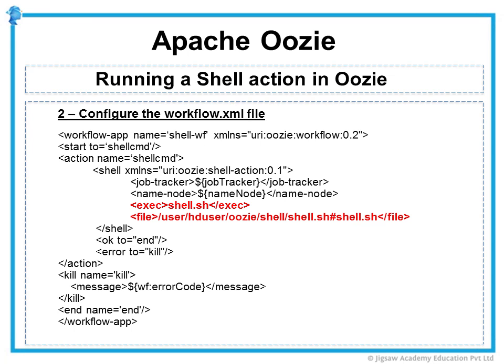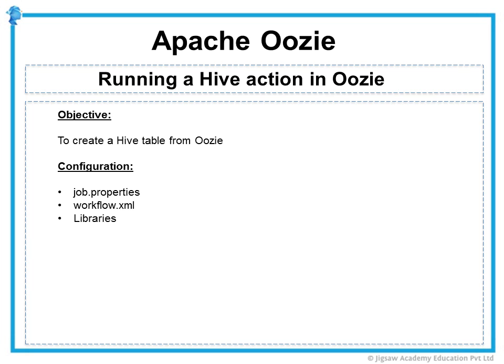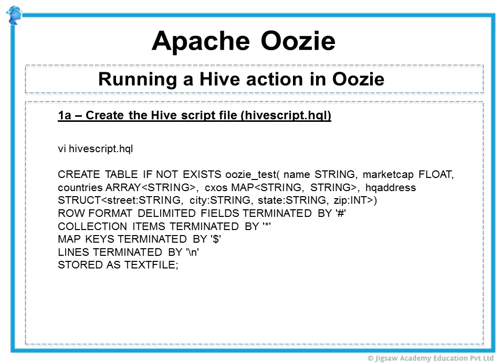Now let's go ahead and see how to run a Hive script file. Running a Hive script is very similar to running a shell command. My idea is to create a Hive table. So first I'm going to configure the job.properties file, and then in a script file hivescript.hql, I'm going to configure the command to create a table and store it as a script